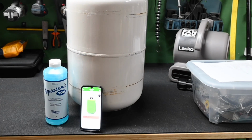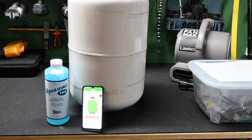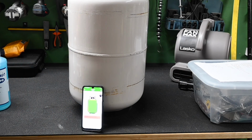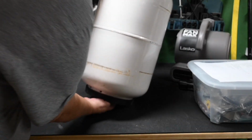And I'm just watching this. They're not doing it now, of course, but I'm watching this, and it's vacillating between full and empty. So, you know, it's not really doing a very good job. So I'm going to put this ultrasonic liquid on to the sensor. And by the way, you can actually buy this. There, see, now it's empty and full. And by the way, you can buy this ultrasound transmission gel in smaller quantities. And be that as it were, I suppose I could repackage this and sell it for a couple $100 in small quantities. So we're going to pull the sensor off,